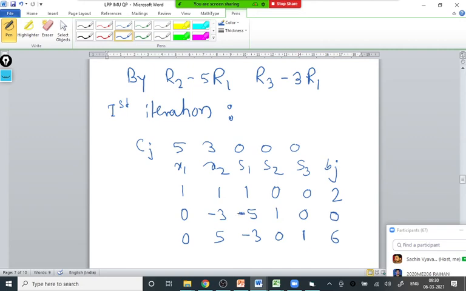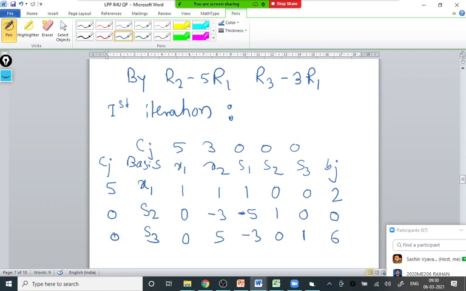If you have a doubt, yes, you can ask. You'll observe the best thing, that this is the basis variable, because that is a column of the identity matrix: 1 0 0, 0 1 0, 0 0 1. We already said S1 is the outgoing variable, and that place is taken by the incoming variable X1. So I'll replace S1 by X1, and the remaining S2 and S3 will be as they are. You can cross check also, these three variables form the identity matrix in the table. So corresponding Cjs are 5, 0, 0.